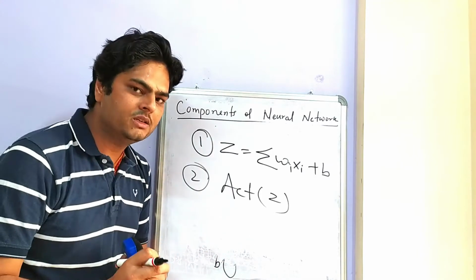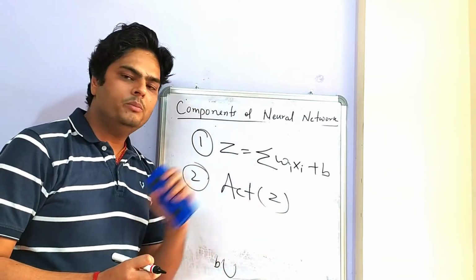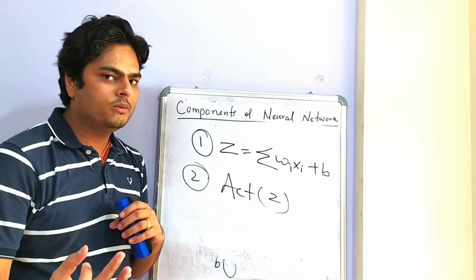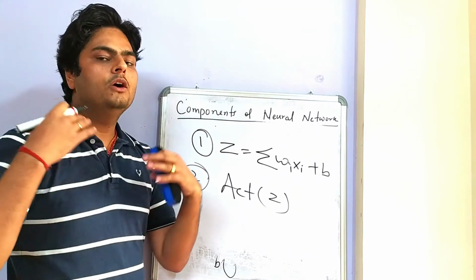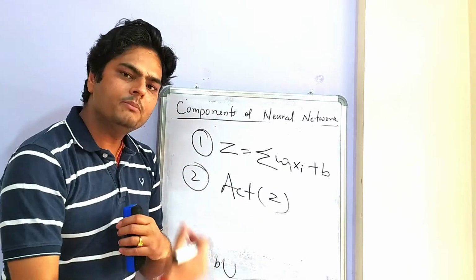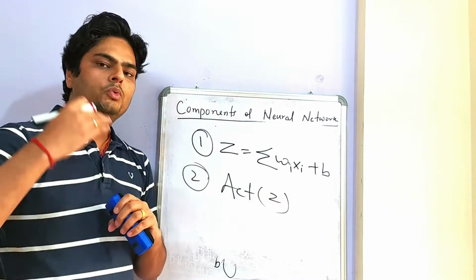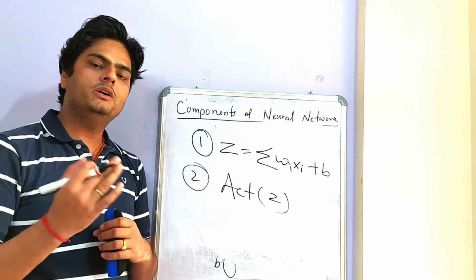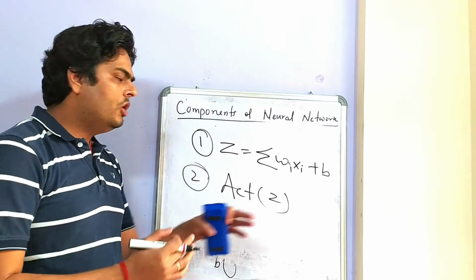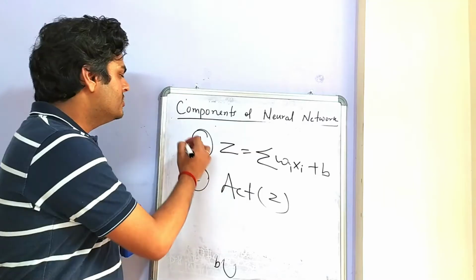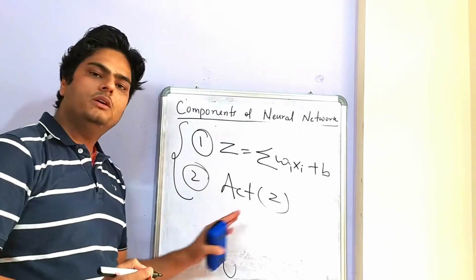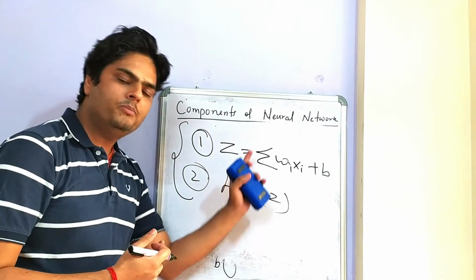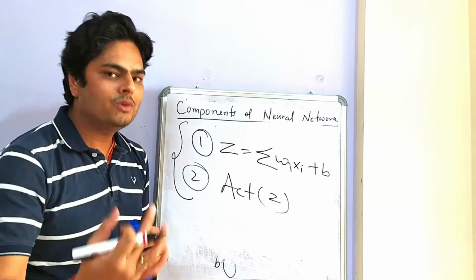Now there is something else. We have assigned some weights in the beginning, but we do not know whether those weights are good for this network or not. So we have to come back and optimize those weights. We have to come back and optimize this bias term. We have to also see if the activation function we have used is doing a good job. Otherwise we need to change that as well. When you come back, these 2 things that happen are called forward propagation, and when you come back and try to optimize the parameters, that is known as backward propagation.